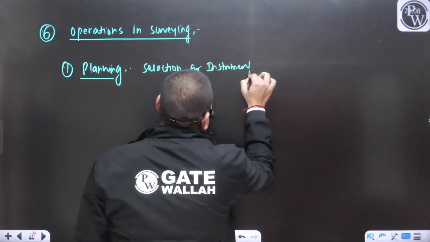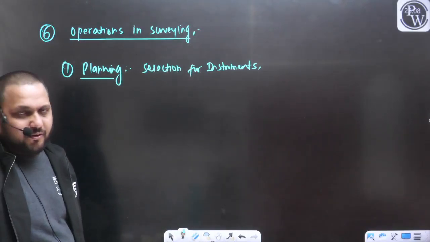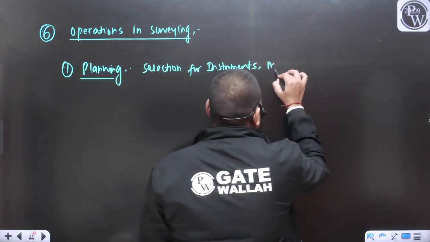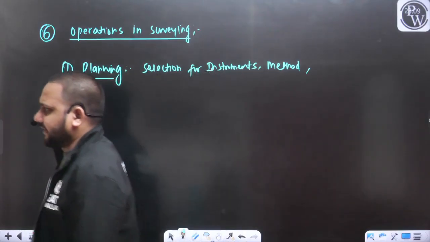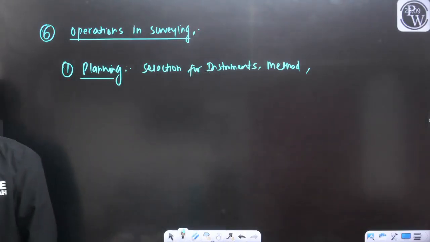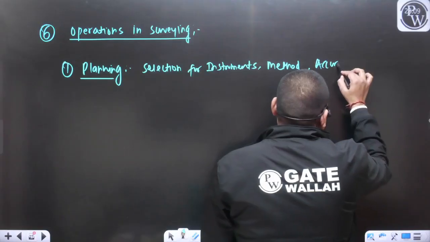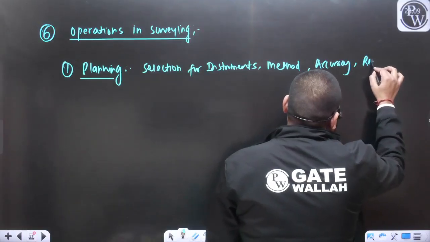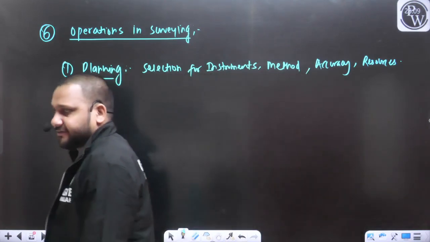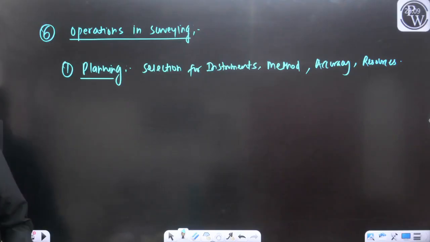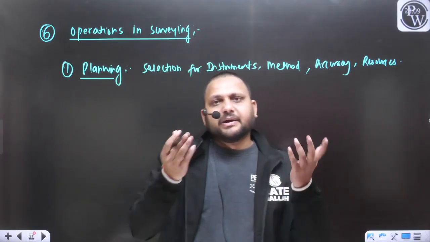Which instruments are we going to use for the measurements? Yes or no? You are going to do the selection of the methods of surveying. Which methodology are we going to follow for the collection of the data? What is the desired degree of accuracy? What are the various resources that are available with us? How much time do we have for the collection of data? When do we need to submit the